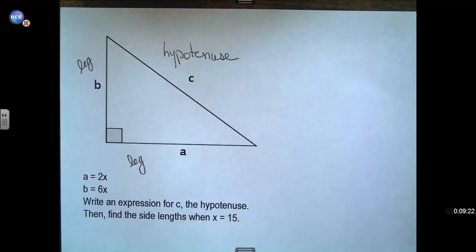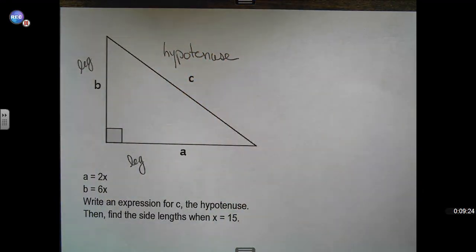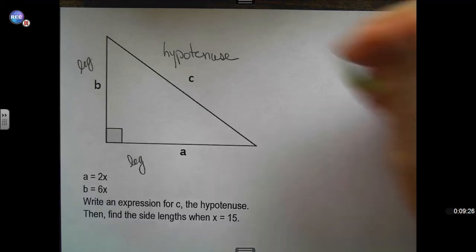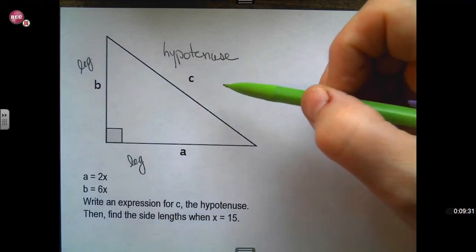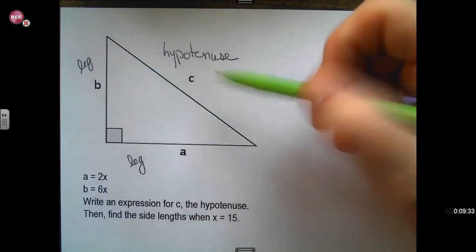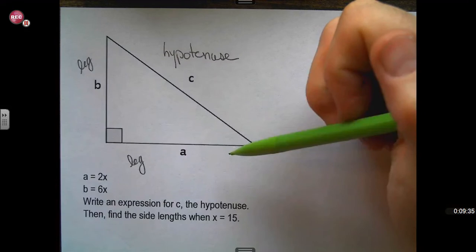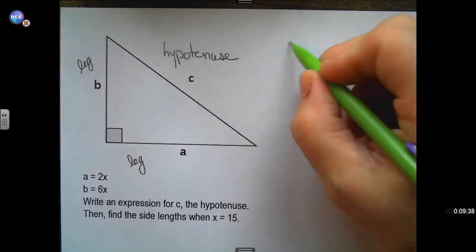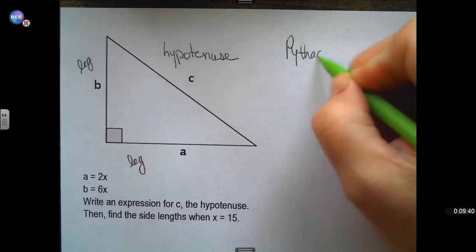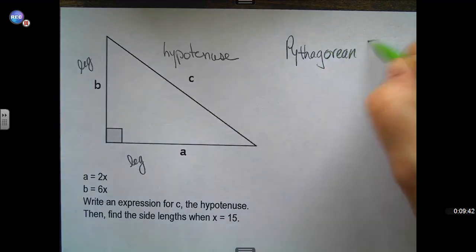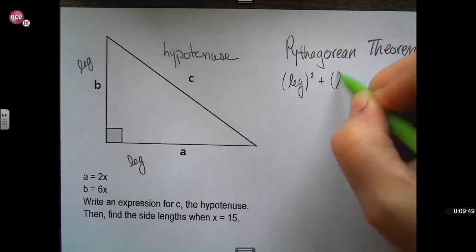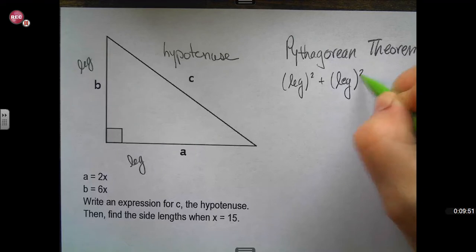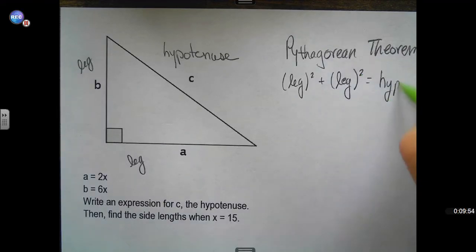The reason I don't like a squared plus b squared equals c squared, which your book does use, is because I may not label my triangle ABC. What if I label my triangle XYZ? Now, how do I apply the Pythagorean theorem to that? So what I prefer is that the Pythagorean theorem be leg squared plus leg squared equals the hypotenuse